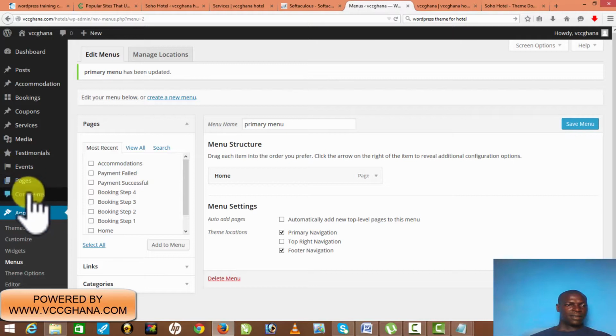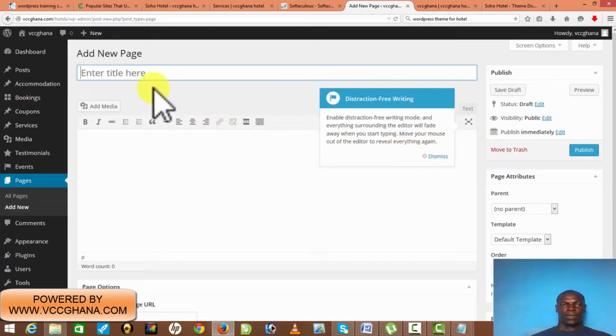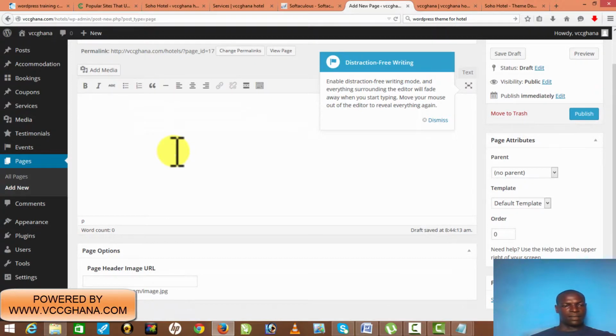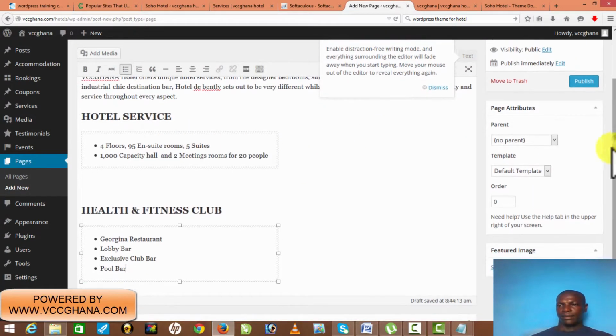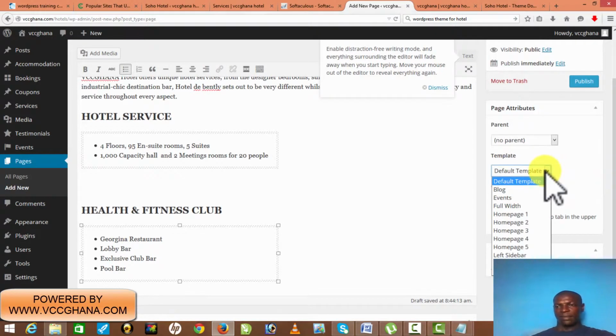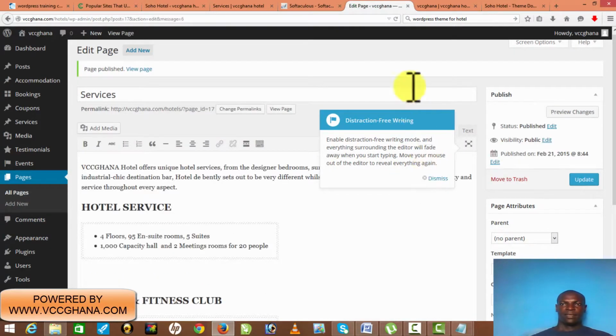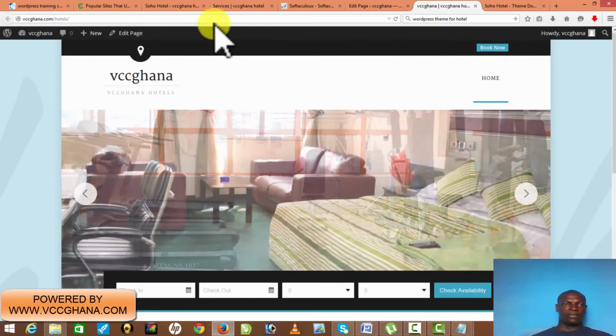Then go to our page here and go to our left. You see pages and add new. So I'll make this services and paste the content here. So default template. So I can just leave it as default template, then click on save. Okay, so I have created a service page, but now if you go to our page and you refresh it,